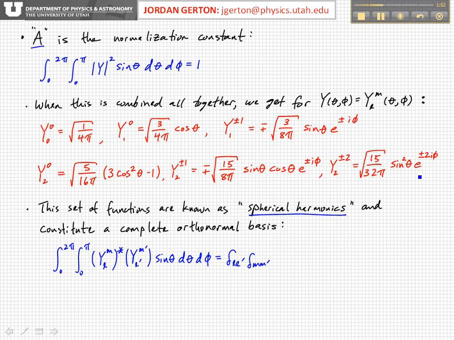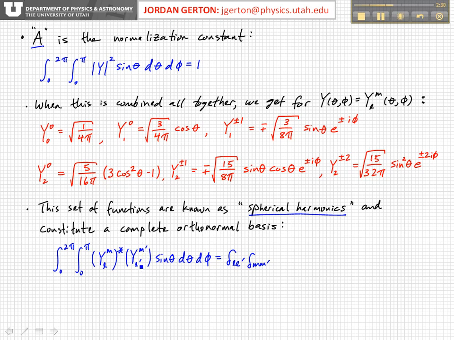And this set of functions is known as the spherical harmonics. Like the solutions to the 1D harmonic oscillator or the 1D infinite potential well, whose eigenfunctions were a complete orthonormal set, the spherical harmonics are also a complete orthonormal set, which means that if you integrate Y_LM star, that is the complex conjugate of Y_LM, times Y_L'M', so these are two different values of L' and M',